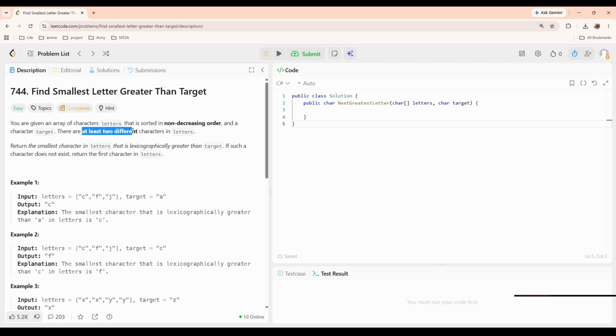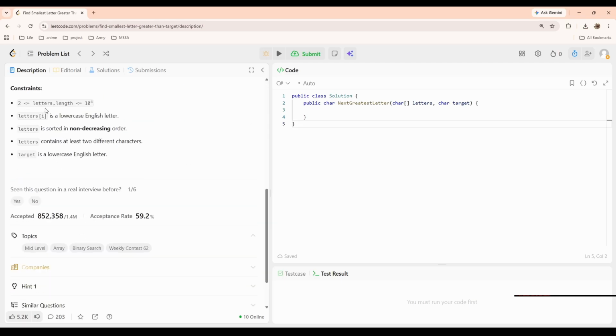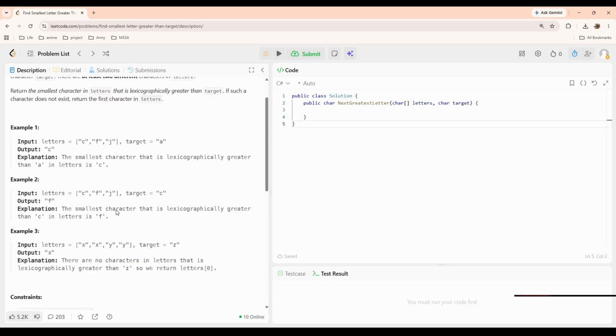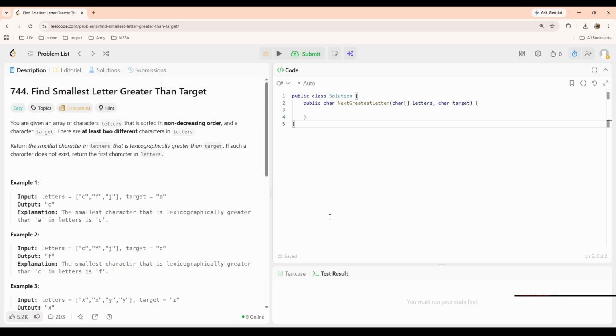And they are saying that we are going to have at least two different characters so that we don't have to worry about the edge case of having zero length letters. Let's take a look at the topics. Binary search, array, mid-level. So the way that I would reword this, if I had to explain it to someone,